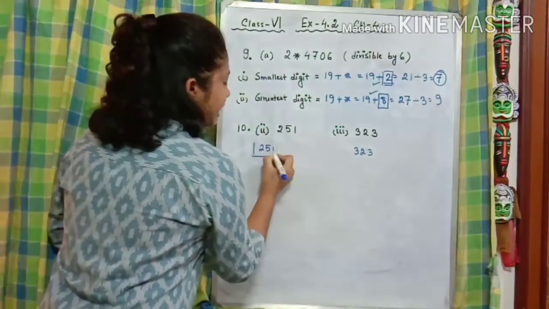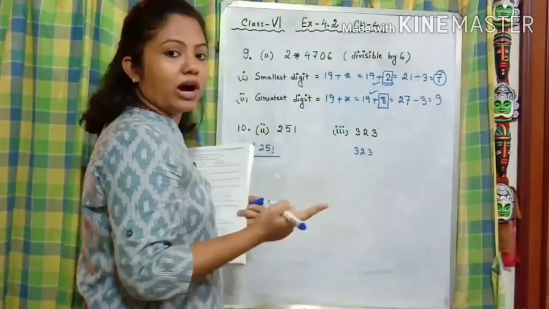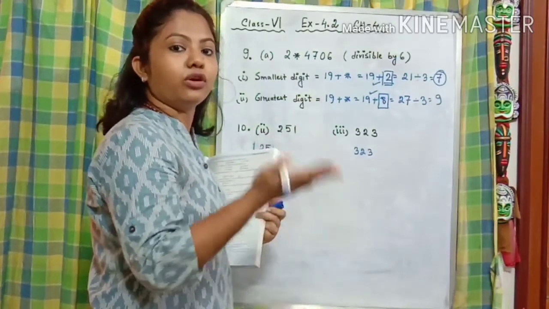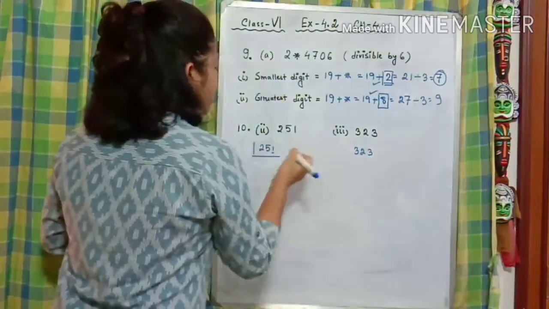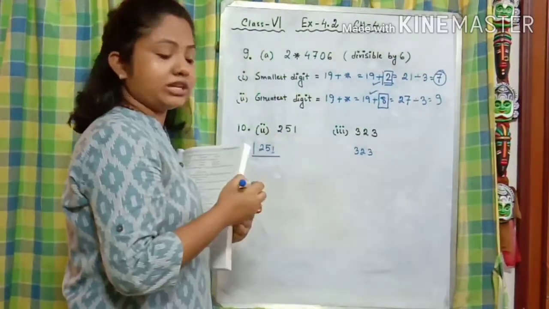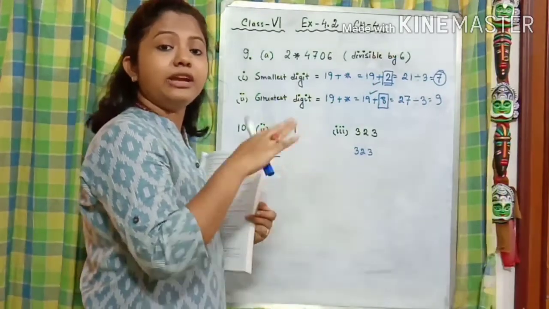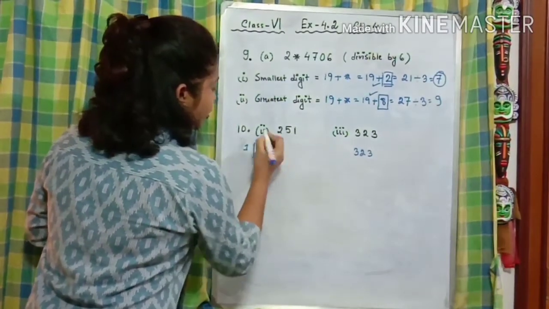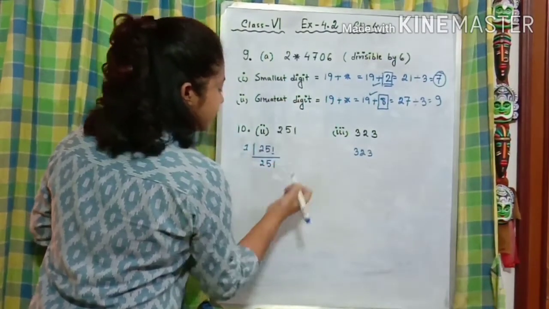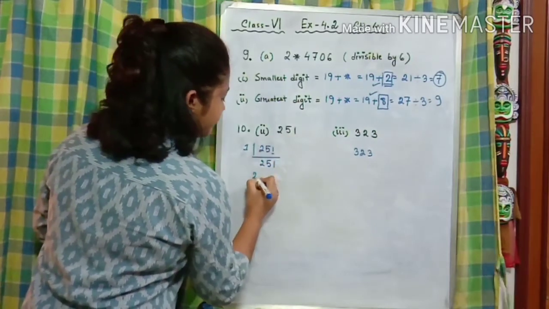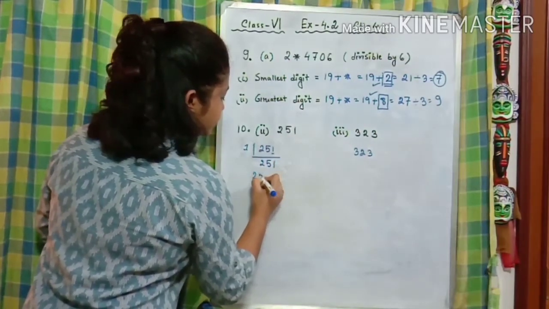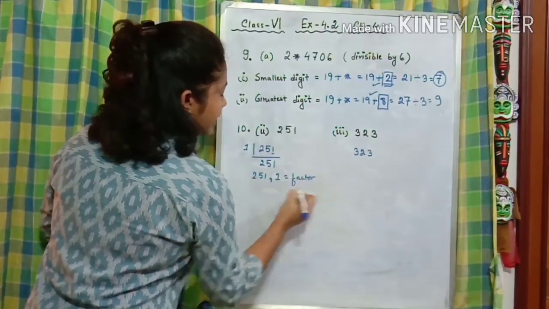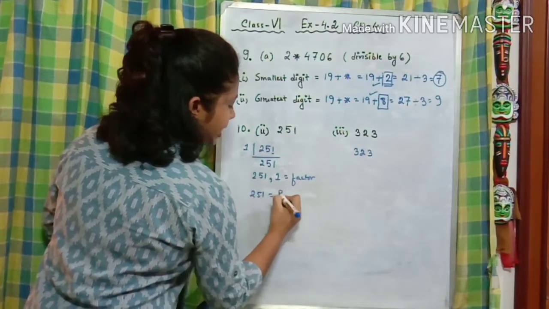As the last digit is 1, it is not divisible by any even numbers like 2, 4, 8. And there is no 5 or 0 present, so we cannot divide it by 5 and 10 either. So what is remaining? 1. So it is divisible by 251, giving 1. The factors of it are 251 and 1 itself. So 251 is a prime number.